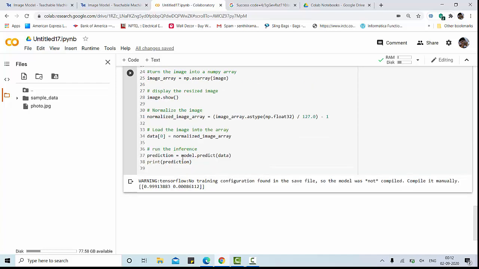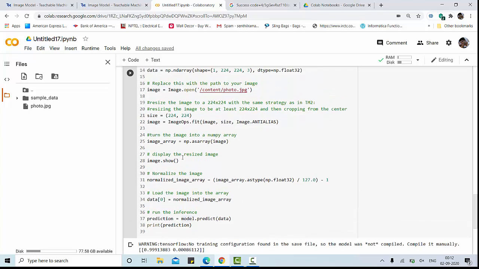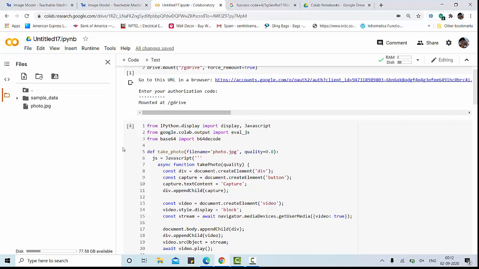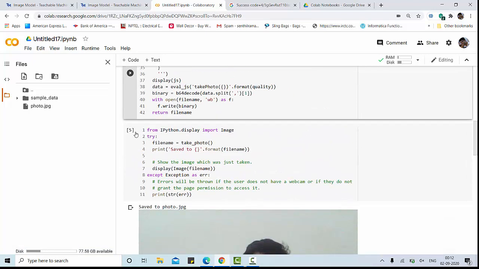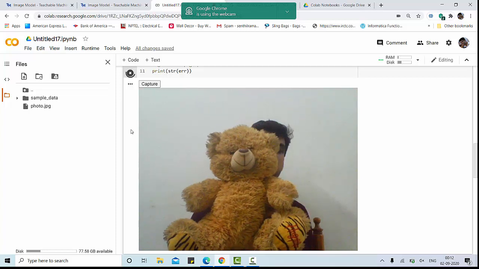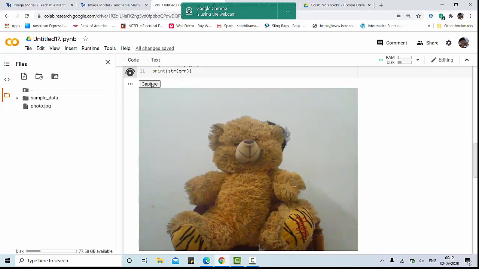Let me check another image which I trained with this model. Let me go back to the code snippet once again. I'll run this and also another code. I'll run this. Now let me capture this.